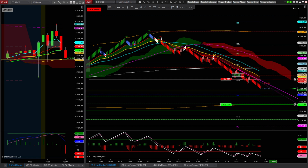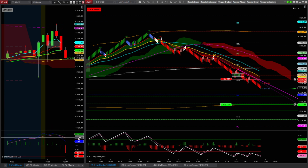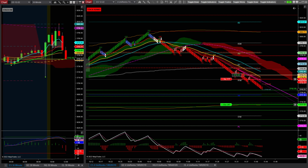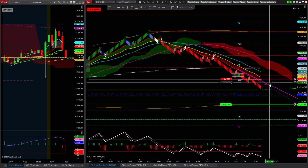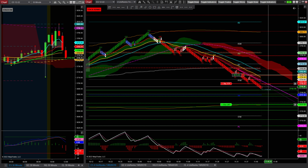Okay, so hopefully it goes through the 50. It could go a little bit below here and then come back. But look at this red histogram here. Looks nice. Okay, touching it. So probably it's going to reject it here. There's two possibilities. I move this one up to take the profit, but what I'm gonna do is move this one in case it bounces. So one tick above this